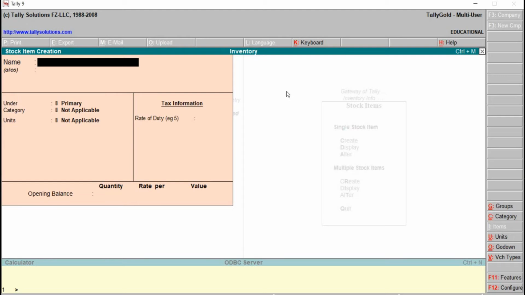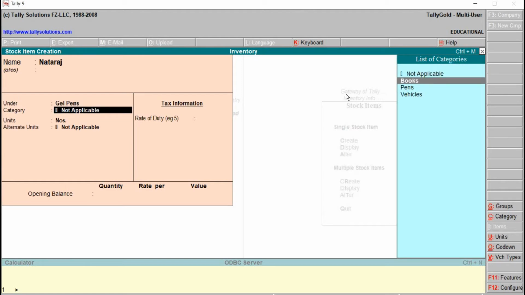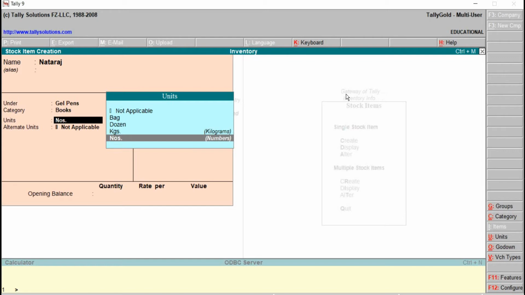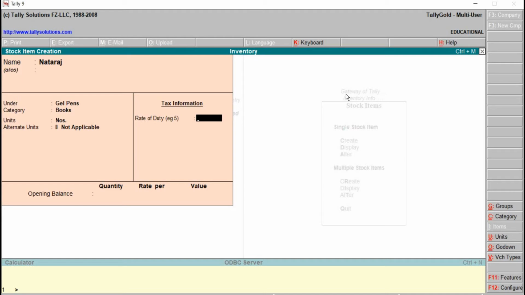Let's take here one more example. Let's take here right now Natraj. Alias will be blank. Under gel pens, category, that is stock category, books, numbers, not applicable, tax is not required.